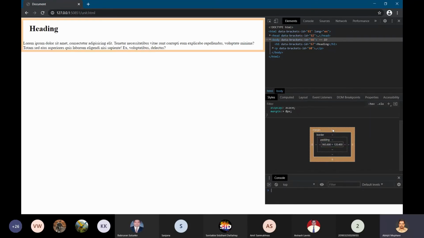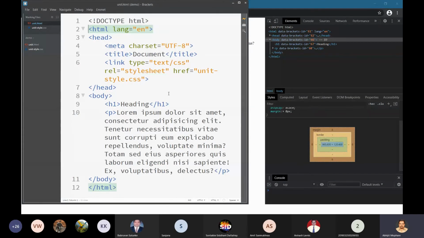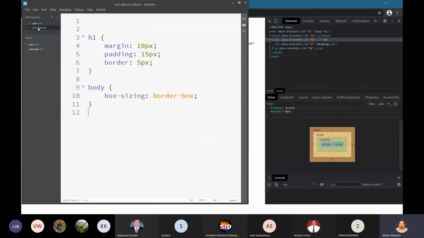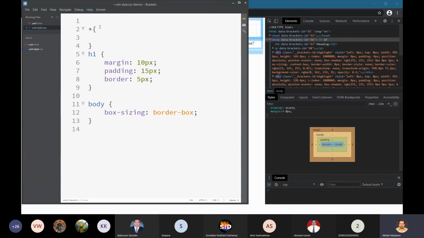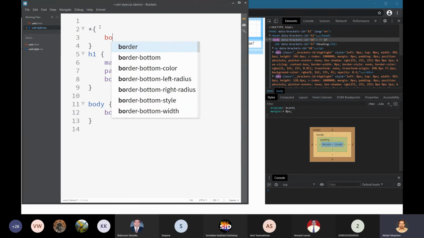So this margin is set to 8. Why is it taking 8? Don't bother about what I am doing, I am just explaining something to you. Just concentrate on that. Okay, I will say border.